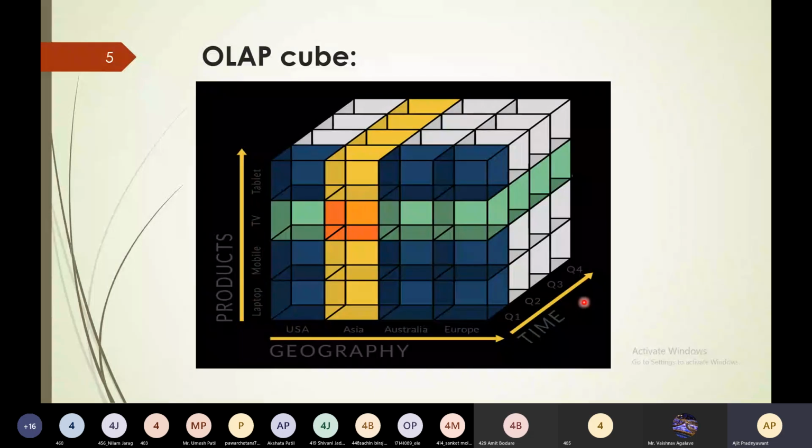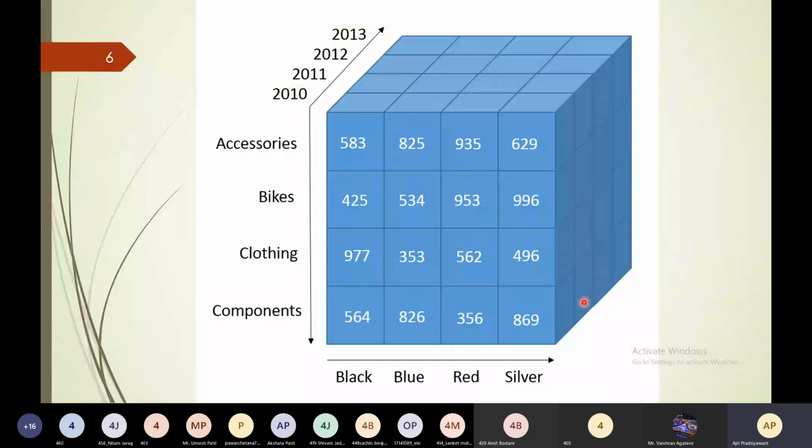Take another example. This is the data. In this axis, there are accessories, bikes, clothing, components. This is the color. In this axis, there is color black, blue, red, and silver.